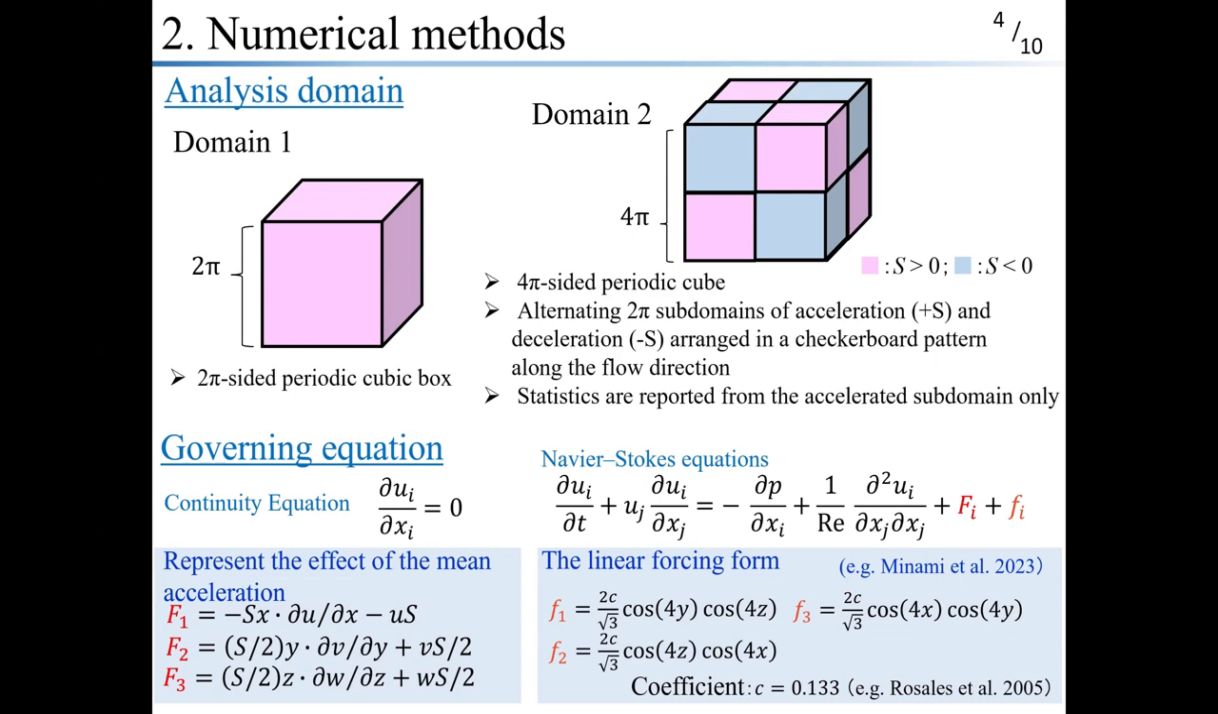This analysis uses the continuity and Navier-Stokes equation with additional external force terms. The instantaneous velocity is decomposed into mean and fluctuating components, and the governing equation for the fluctuation are applied. External force, large F and small f, are introduced to produce acceleration and maintain steady turbulence. The acceleration force is defined by its components, while the steady forcing, small f, is given by